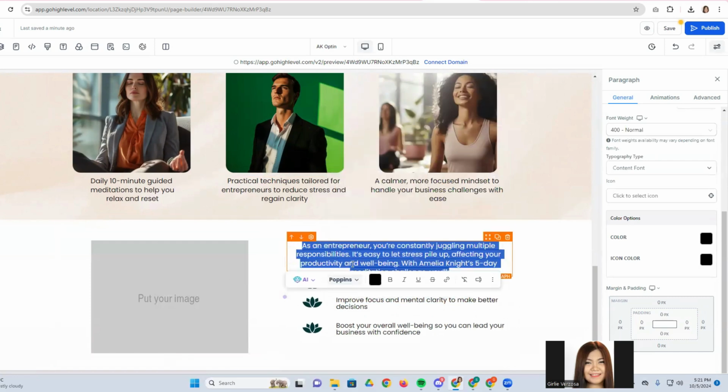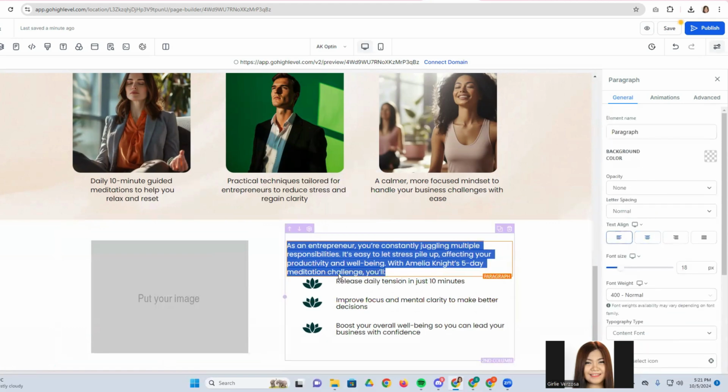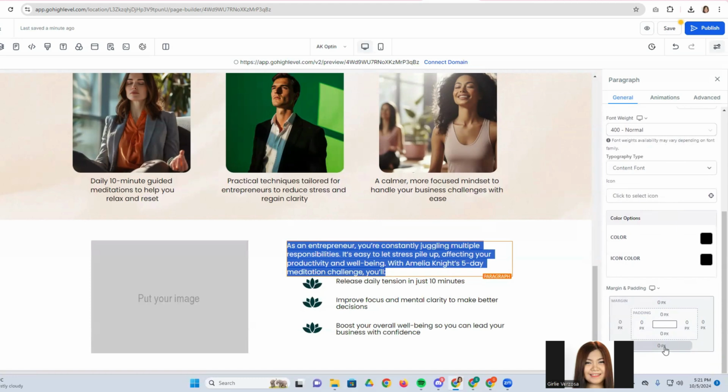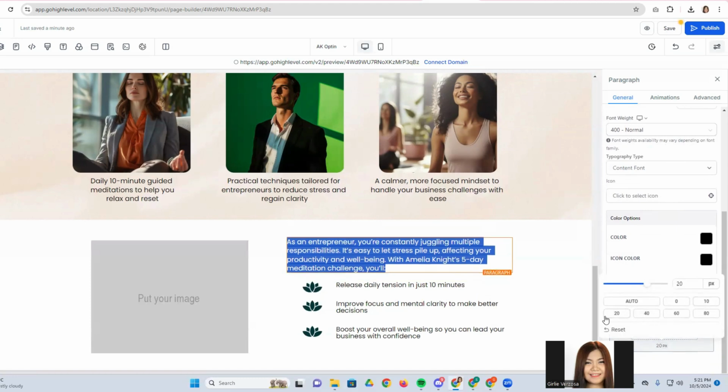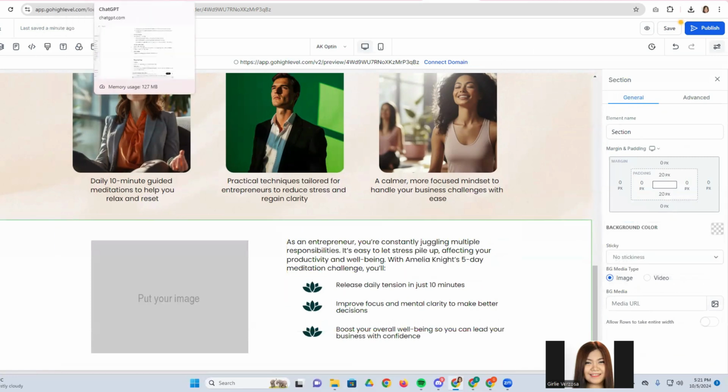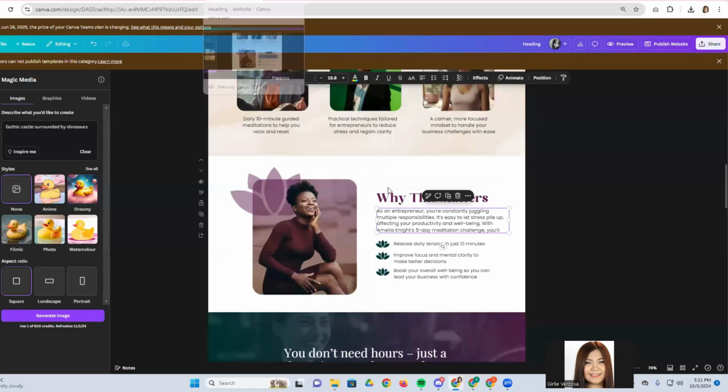Okay, pins, and then align left. There you go. So this one, I think I'm gonna add a margin at the bottom. I think 10, 20. Okay, 20. And then I'm just gonna add, I think we still have this one. So this is another